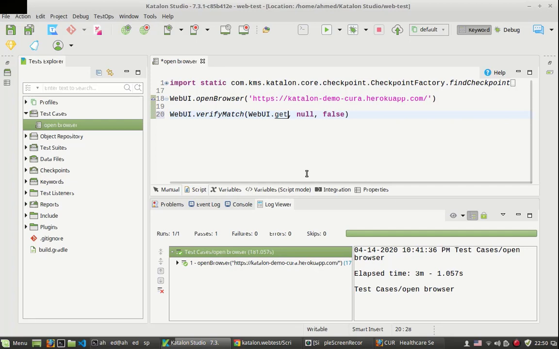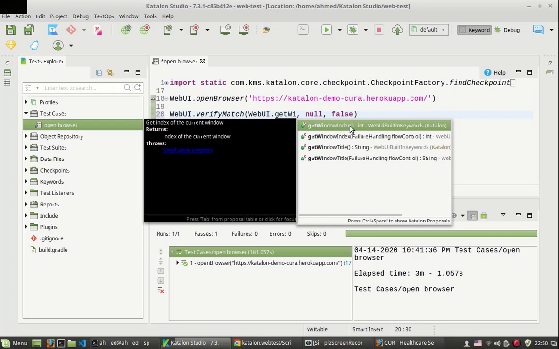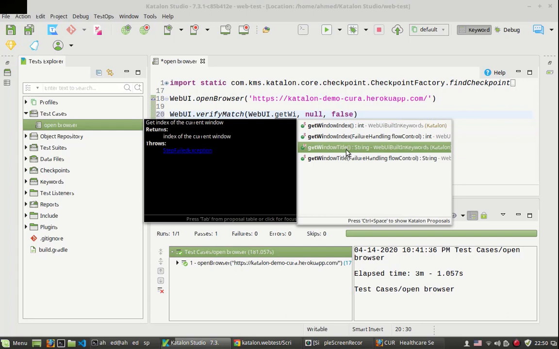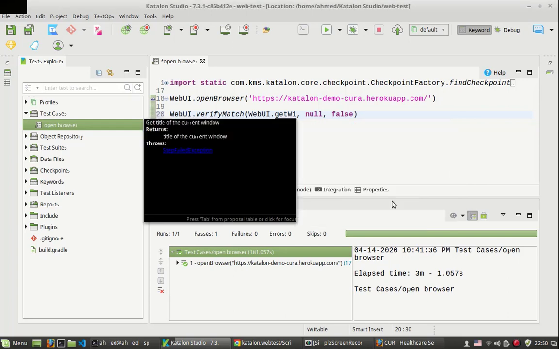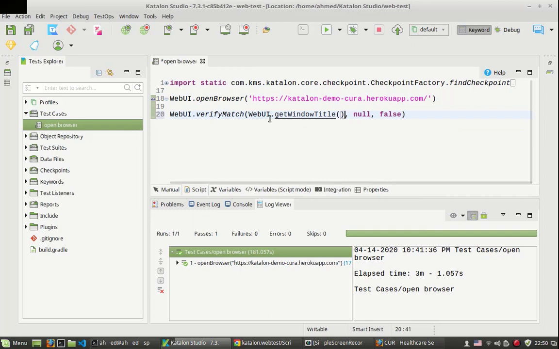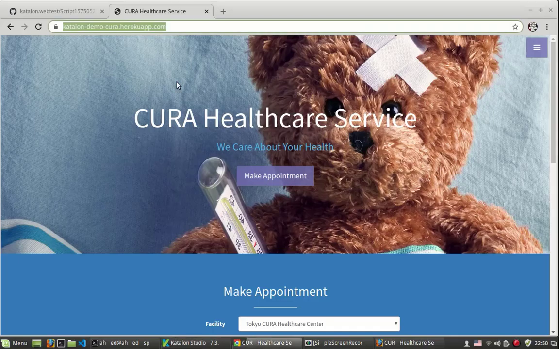Get window title. It's called get window title, and here it is, get window title, the third one here, and as you can see it returns a string. So get window title for the actual web title. I'm using web UI dot get window title to capture the page title here,